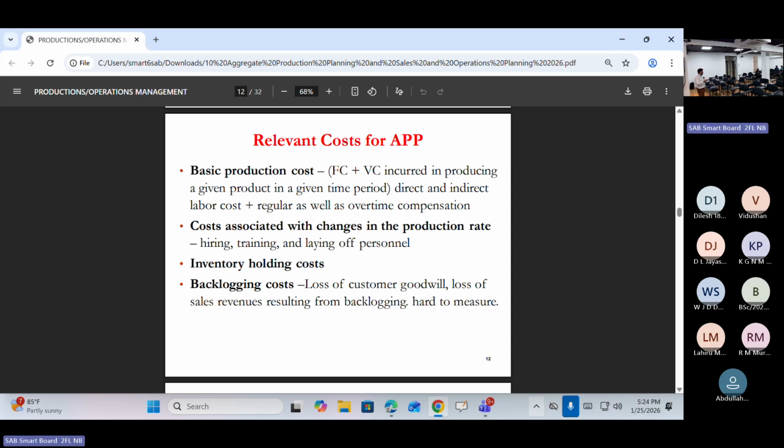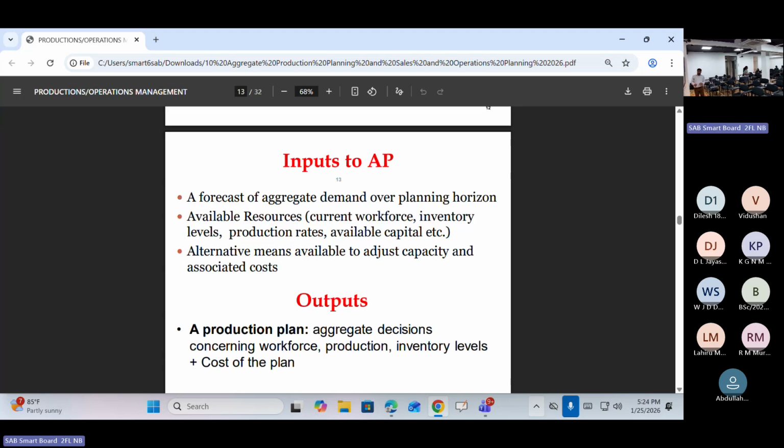Production rate related costs. In case of exam questions, that should be given. And then, of course, the costs associated with the production rate, workforce levels, and then inventory related costs. Those are the three main types of costs. Plus, backlogging costs if they are relevant. So, in the summary, as you see in slide number 13, these are the inputs of aggregate planning. Inputs. So we need to have the demand forecast for a period of time, maybe a few months, 9 to